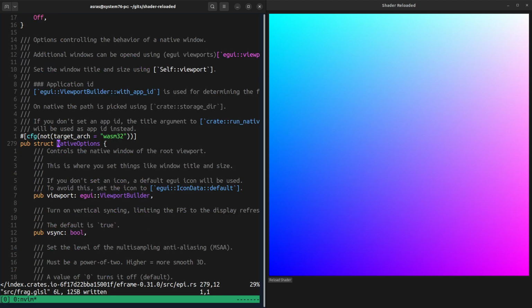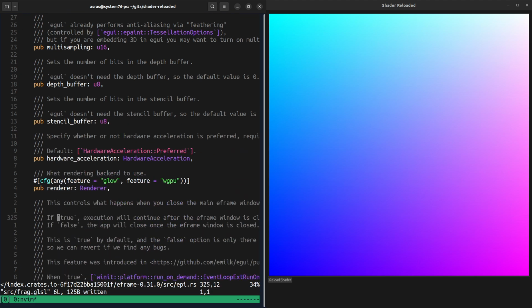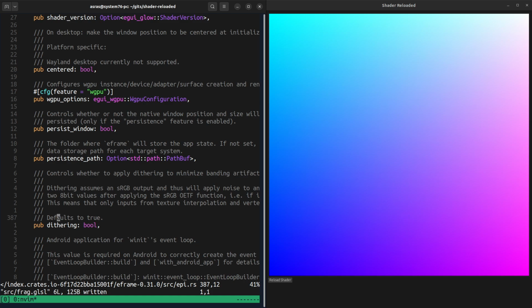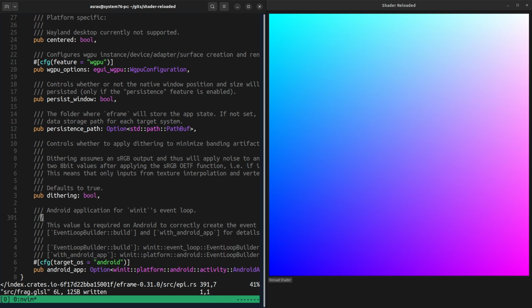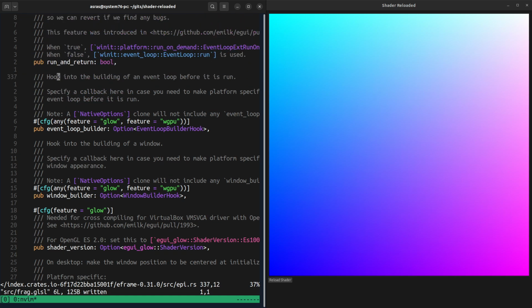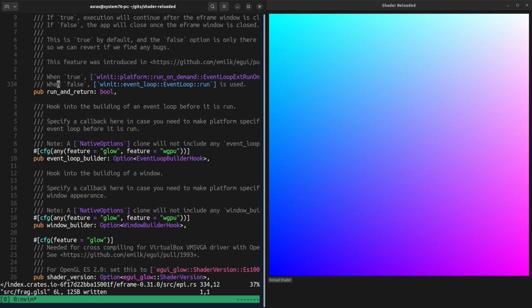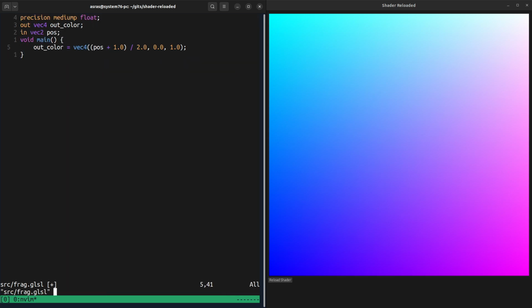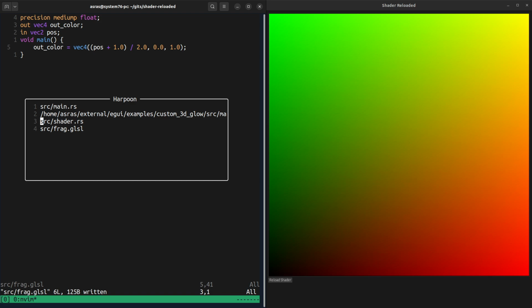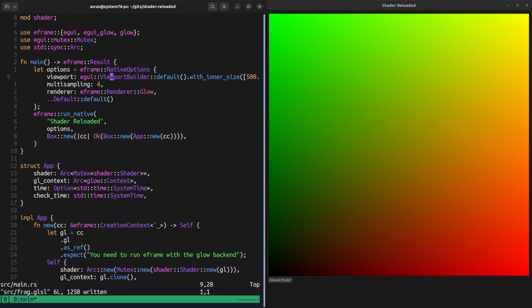And I bet that's with the options. So vsync, renderer, hardware acceleration, run and return, shader version centered, persist window, Android app. Okay, so I feel like there was nothing in there we could use. Window builder. Really annoying, because I have to move the mouse before it does anything. Maybe I can just focus on the window and that's actually fine. Well, nah, it's still annoying. Like we need to make it actually